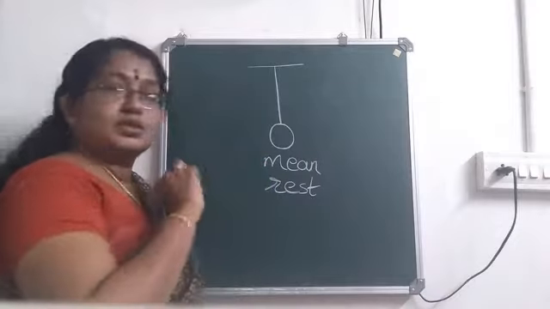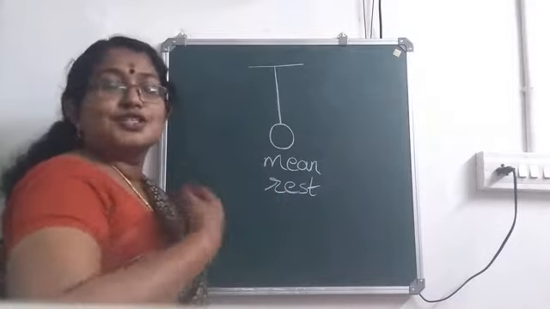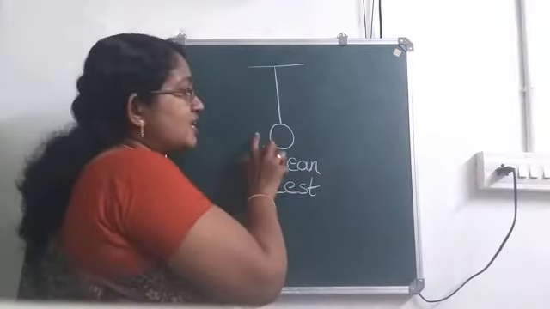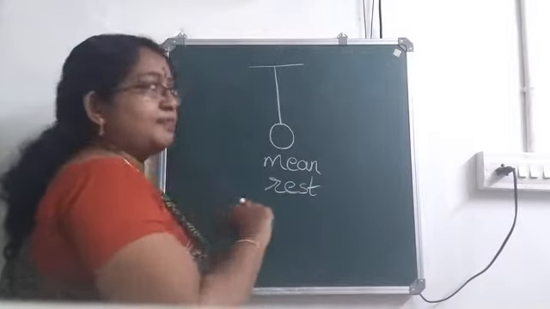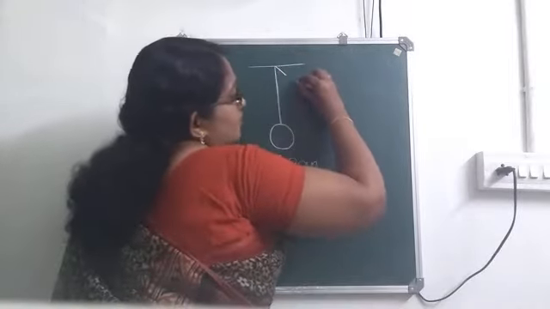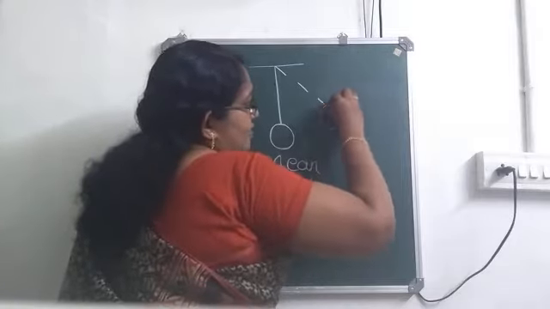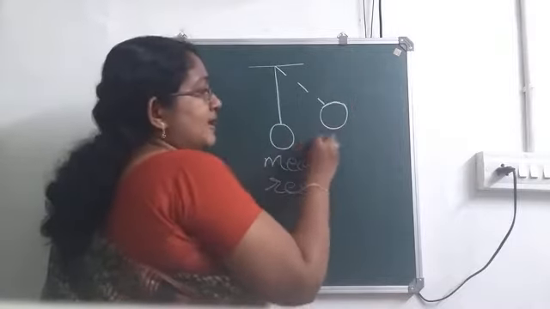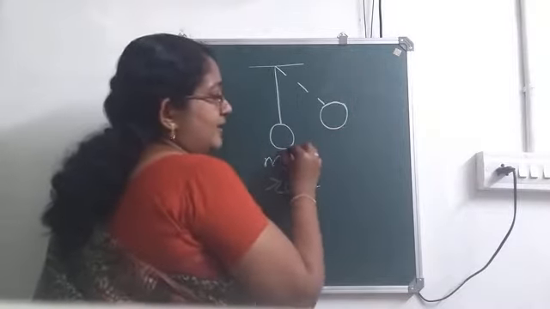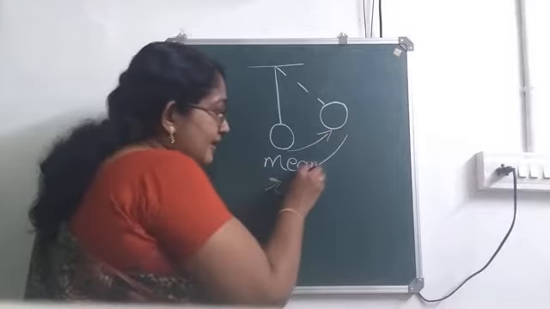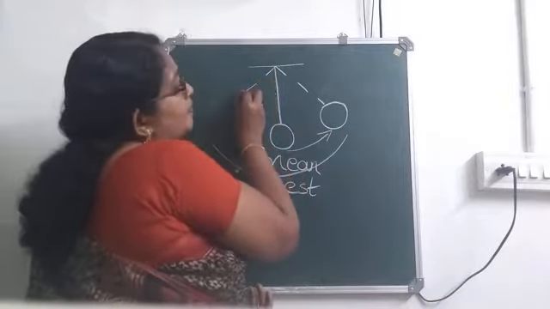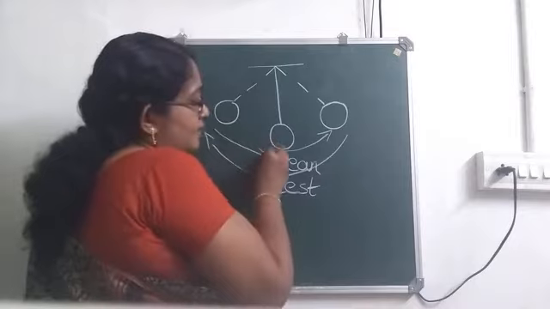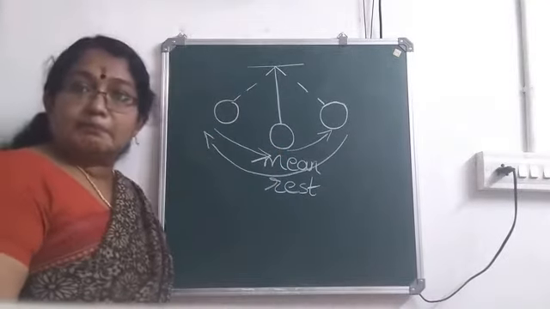Now, when I just touch this pendulum, what happens? It starts oscillating, isn't it? So, now it is in the mean or the rest position. If I just apply force in this direction, what happens? It moves towards the right, isn't it? So, it moved towards the right and it reached here. Then it will go only to a particular height. After that, what happens? It will come back, isn't it? So, from here, it reached this point. Then it will go back to the opposite side. Then again it will be moving back and this motion will be repeating, isn't it?